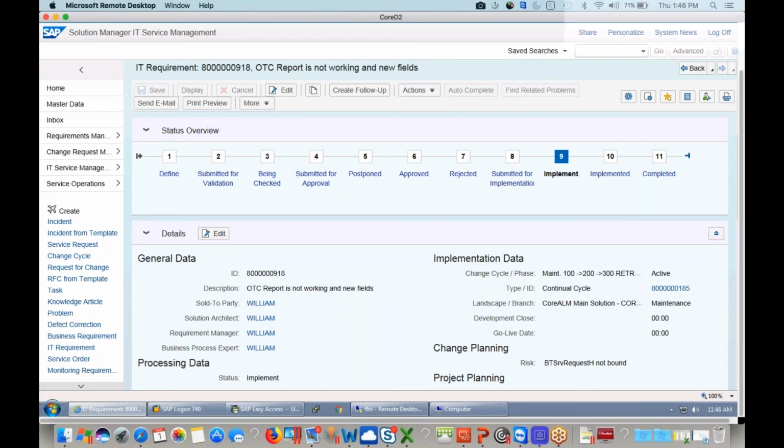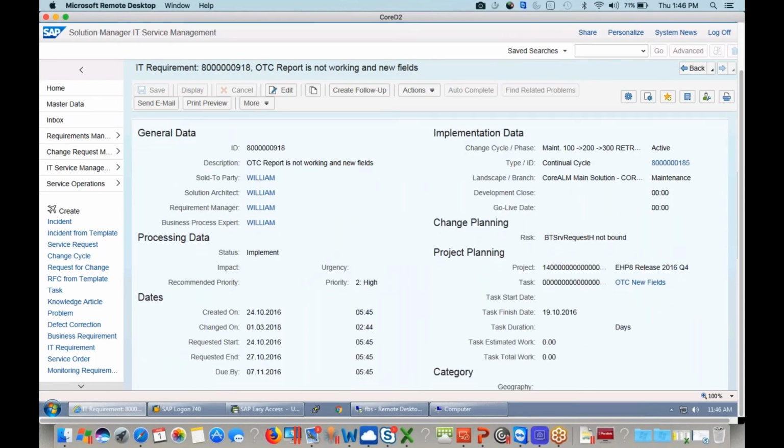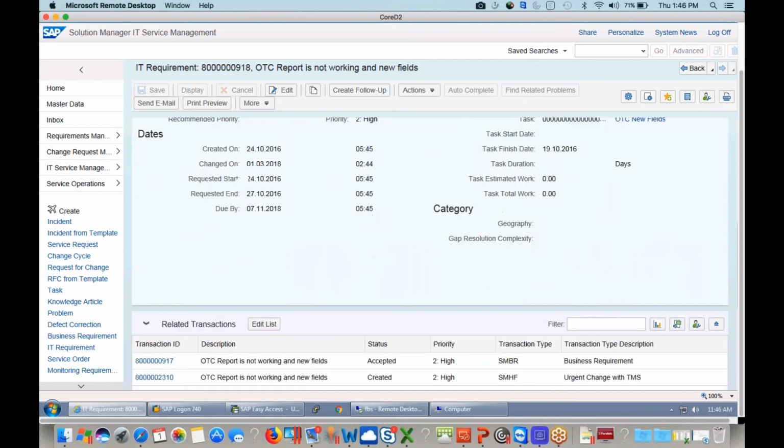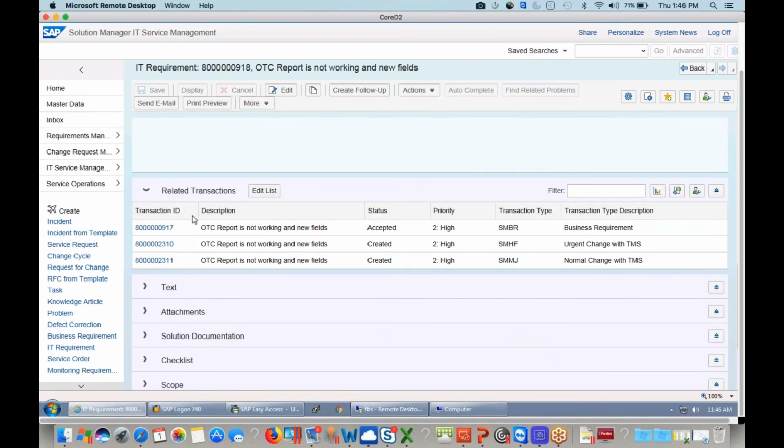What's my next follow-up document? It's my charm document. So as you scroll down here, the same type of structure, right? You have your general data, a bunch of information here for you to identify. When you go to the related transactions and scroll down here, you can see my business requirement, because if I want to go back to my business requirement and investigate something, that's fine. You click here and go back. And also